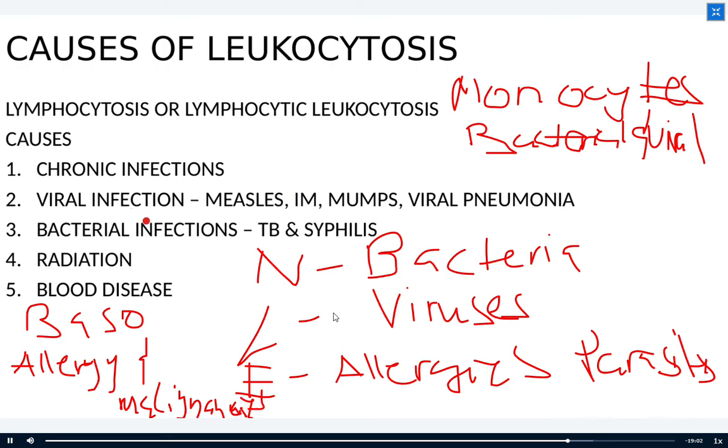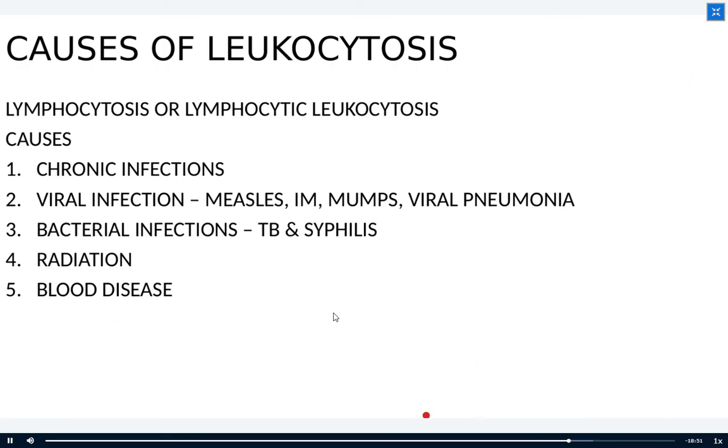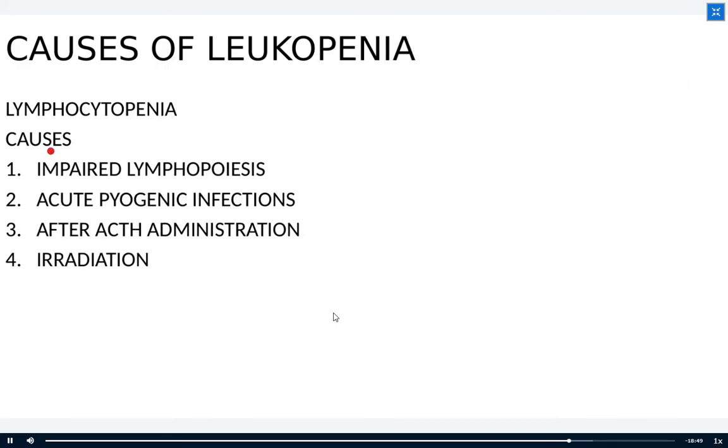Then it can also be used in fighting bacterial infections, increase din ang lymphocyte nyo in TB and syphilis, radiation, and blood disease. The lymphocytopenia, impaired lymphopoiesis, so may problem again sa bone marrow. Acute pyogenic infections. Class, whenever you hear the word pyogenic,